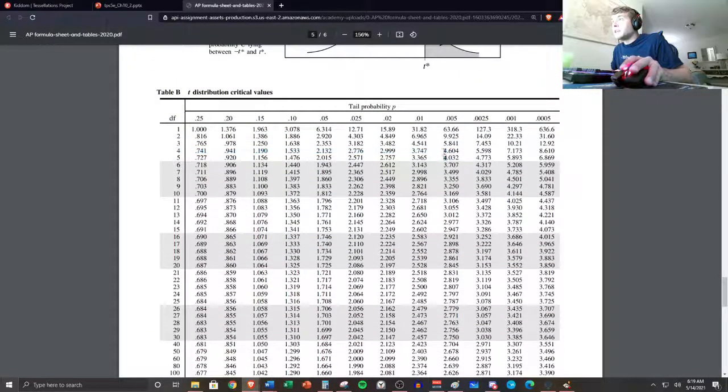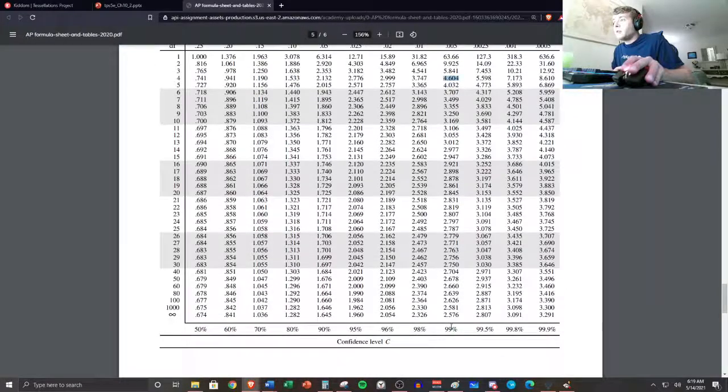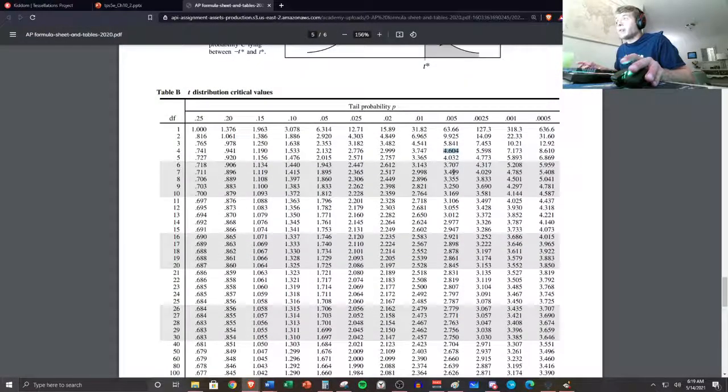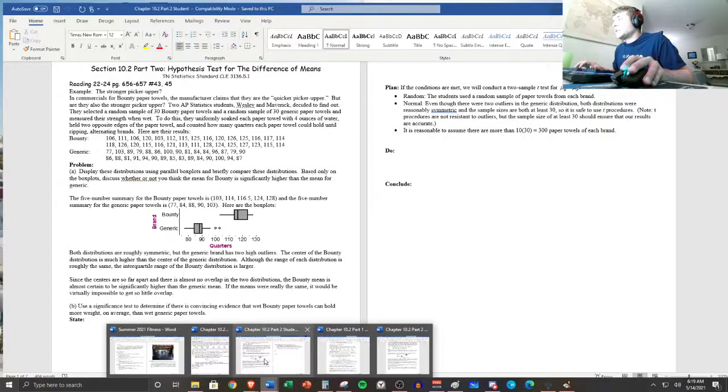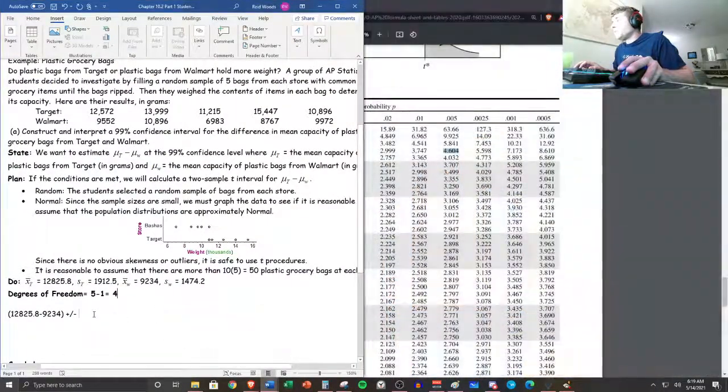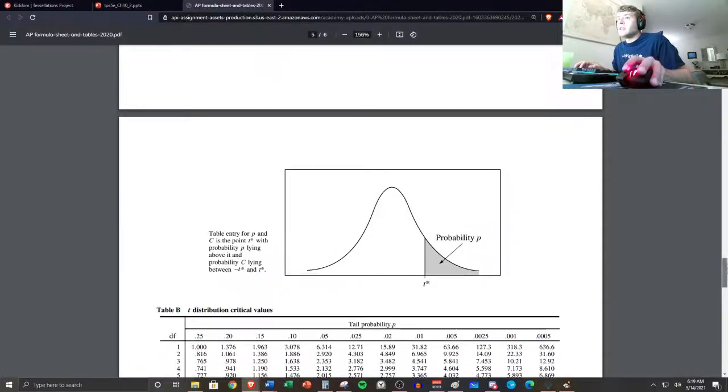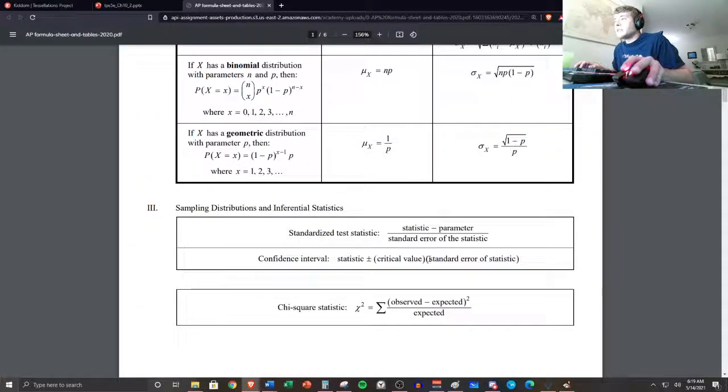99%. So that is 4.604. Double check that. Yeah, that's our critical value. So that's a very large critical value as well. So the critical value goes here. So that's 4.604. So we're adding, subtracting. Now we have to, let's go to the last part of this, which is we need the standard error of